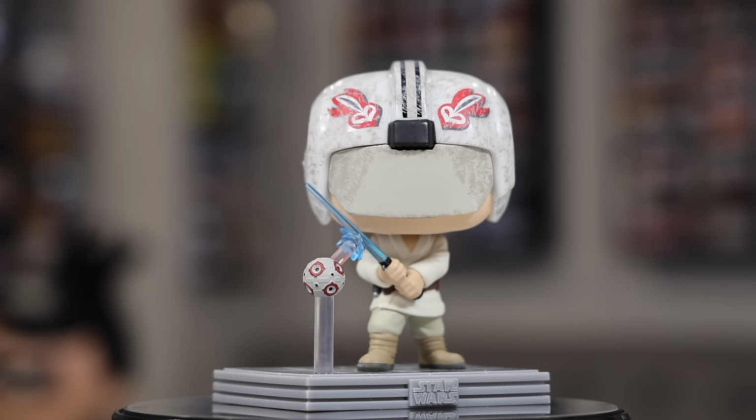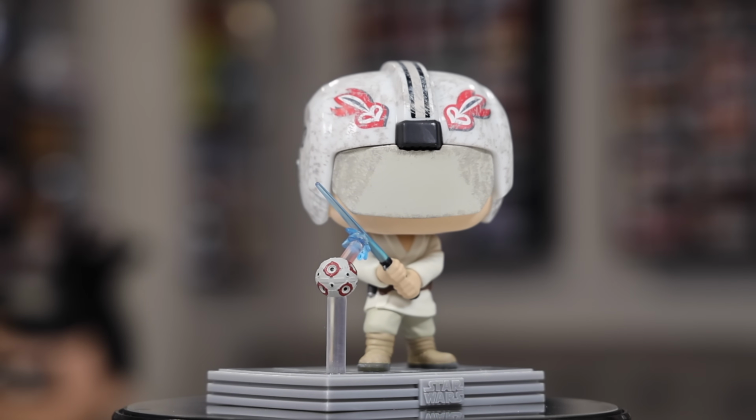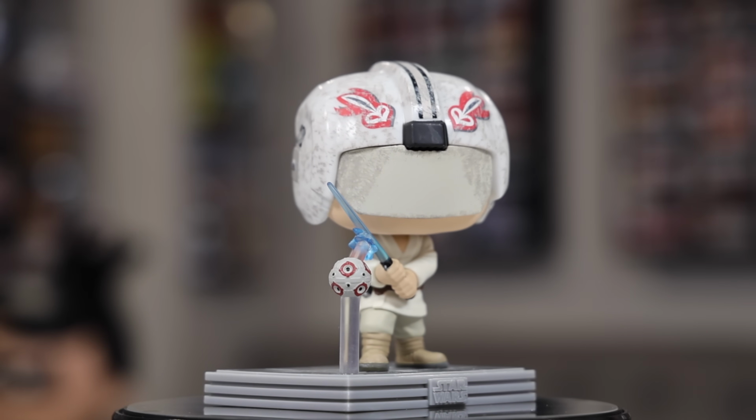Like, the base is huge, the remote is great. It's the first time we've ever got the remote as a Pop. And then the way they did the helmet, like, I guess Luke's not that detailed, but what's around him, there's a lot going on. And now, let's get into what I got over at Hot Topic, because there is, well,